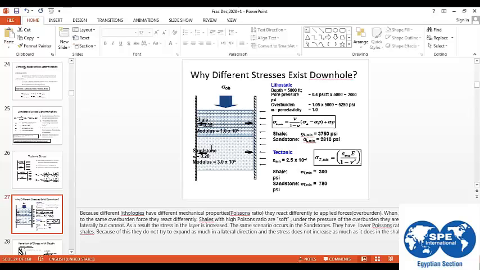So you need to separate between the abnormal high pressure zone and the weak formation that you're afraid to break. So you need to redesign the casing setting point to set the casing just below this weak zone and then continue drilling after that.